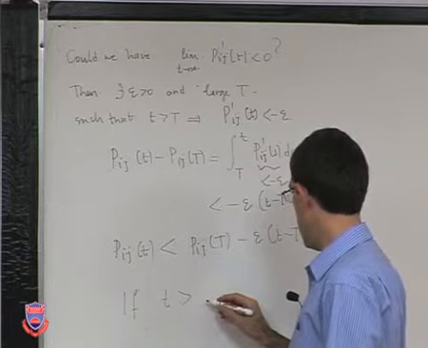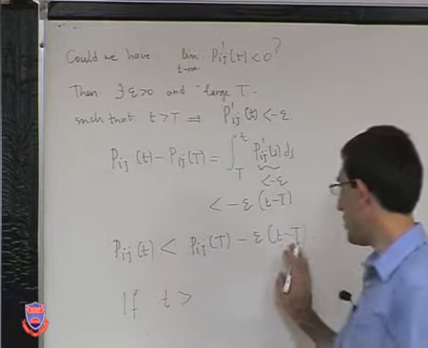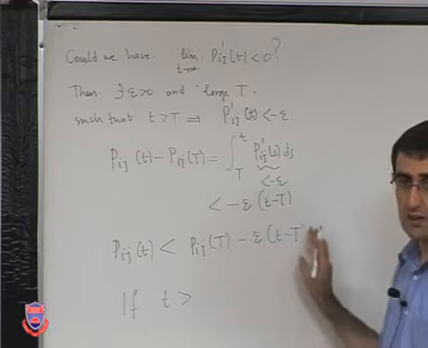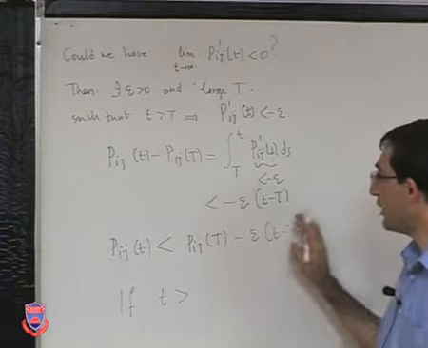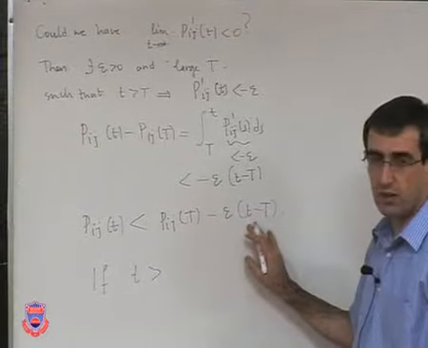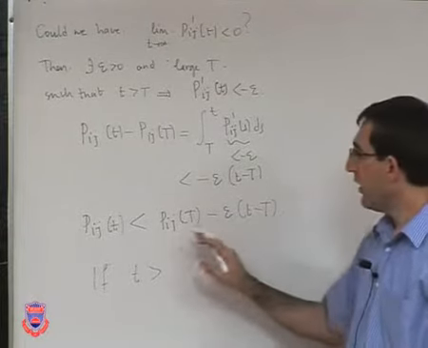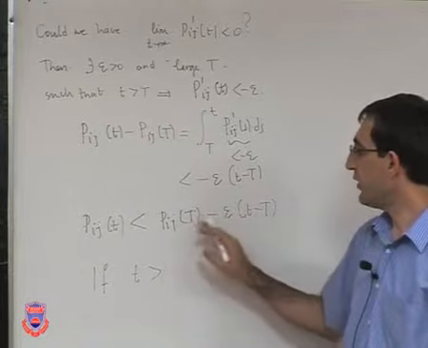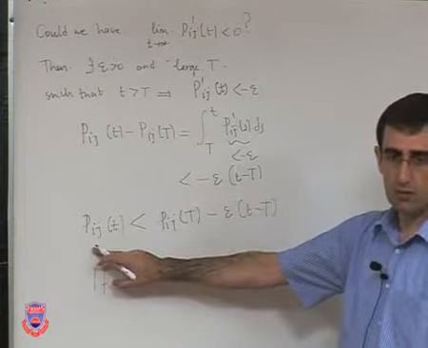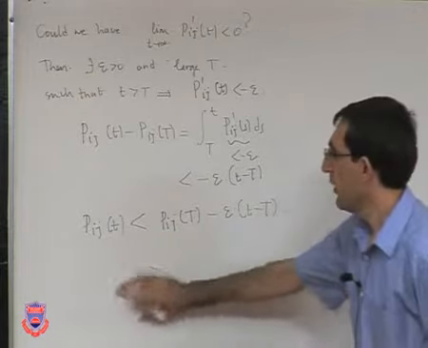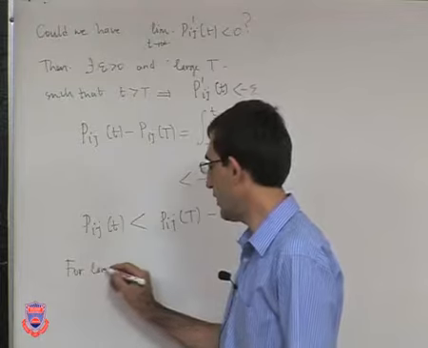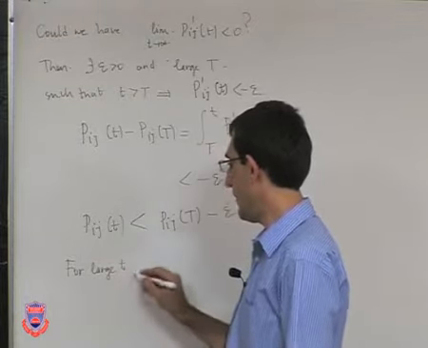If t is large enough, then we can always make this thing an enormously small negative number. We can make this arbitrarily negative, so negative that it is going to wipe out this positive quantity, and the entire thing is going to be negative. We can just write that for large t,